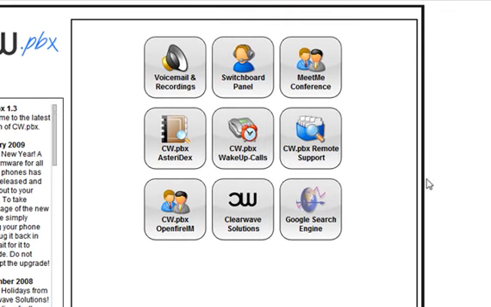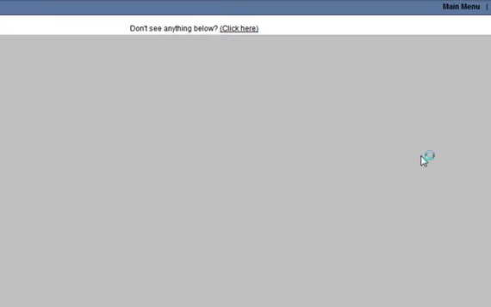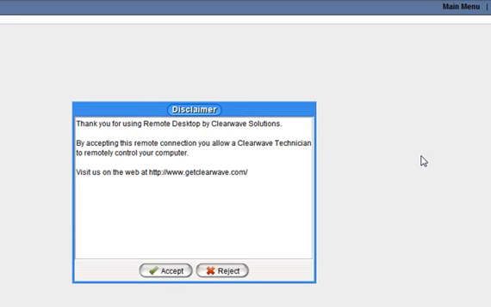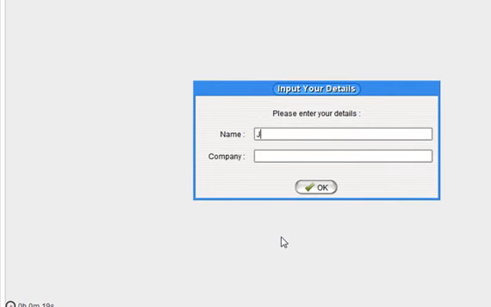The next thing I'm going to go through is the CW.pbx remote support. I'm going to click on CW.pbx remote support, and if there's any reason that you had problems or you wanted someone to walk you through exactly how to use a certain feature, or something's not working properly, or just about any reason from the actual CW.pbx telephone system to just general Windows-based problems, you can actually click on remote support, accept the terms, type in your name, hit OK,